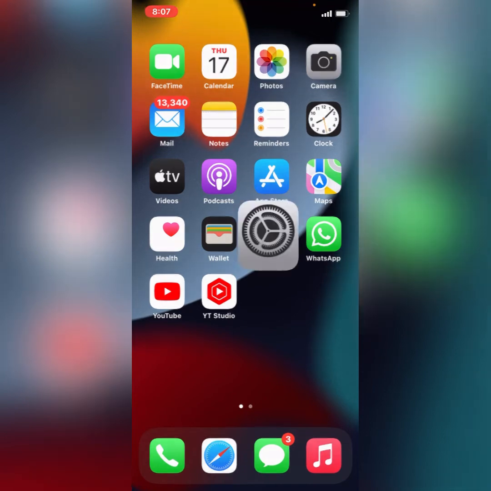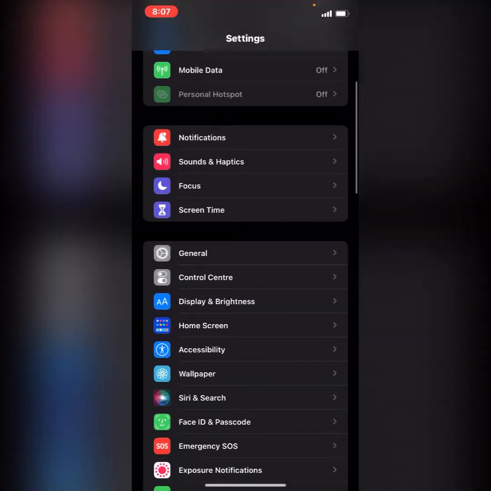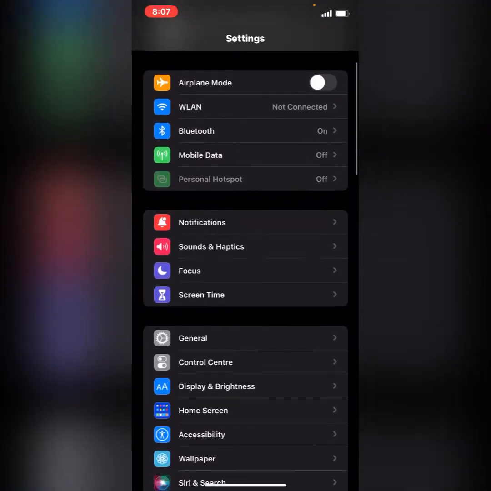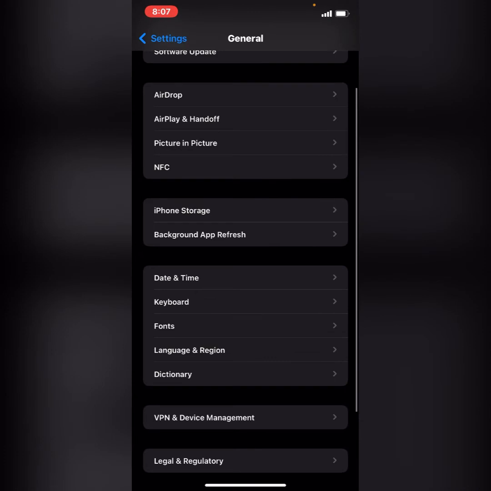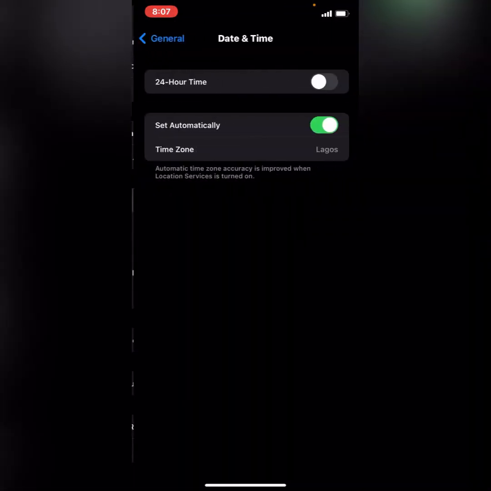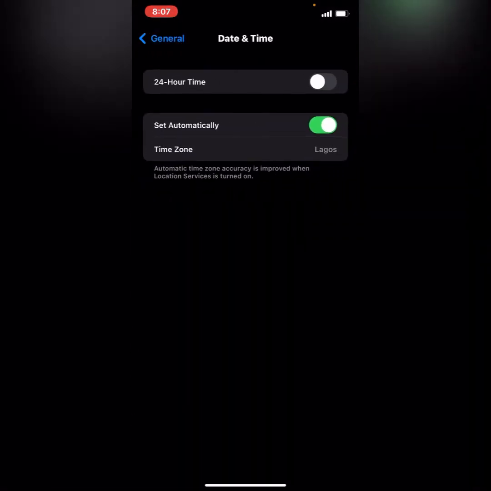First of all, you go to settings. On settings, you go to general. You can see general. On general, you scroll down to date and time. You can see the set automatically option is marked because my phone is on automatic mode, but for the sake of this tutorial I'll turn it off to show you how you can change it to anywhere you want. So right now you switch it off,